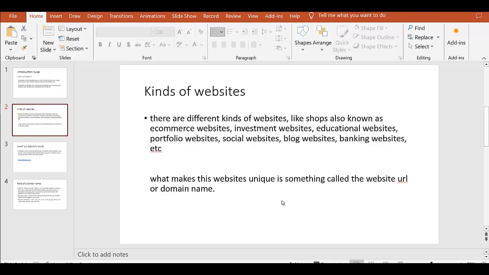So now this is what makes each website unique. What am I trying to say here? What I'm trying to say here is two websites cannot have the same domain name. So my website and your website can never have the same domain name. My website and my neighbor's website can never have the same